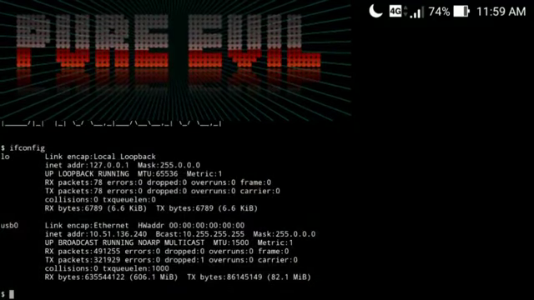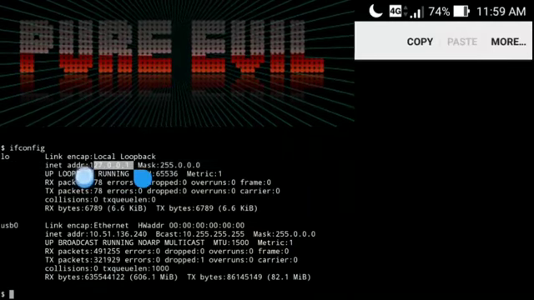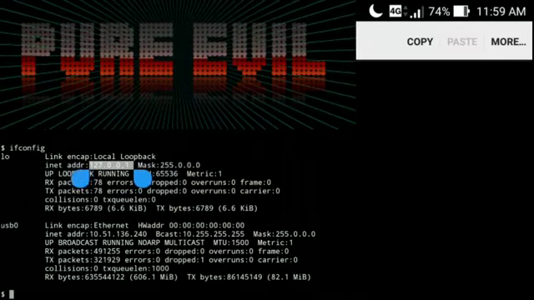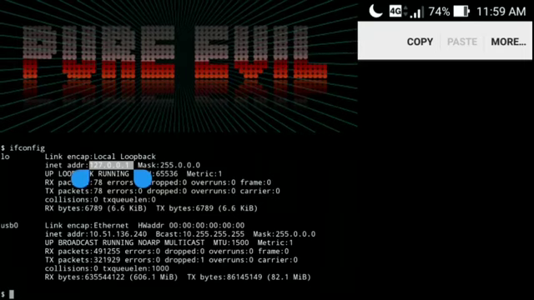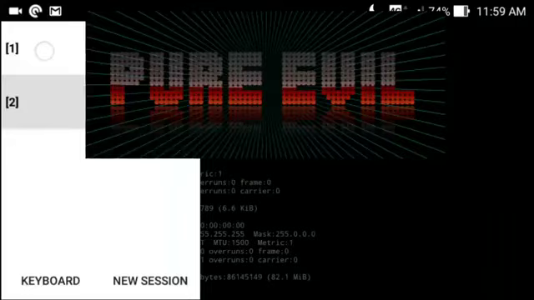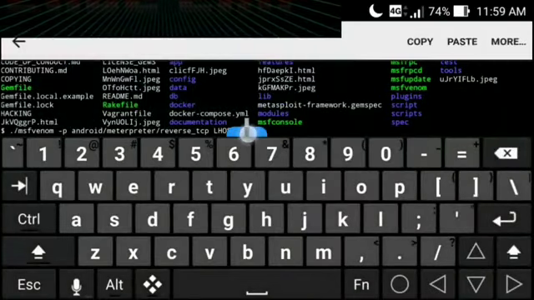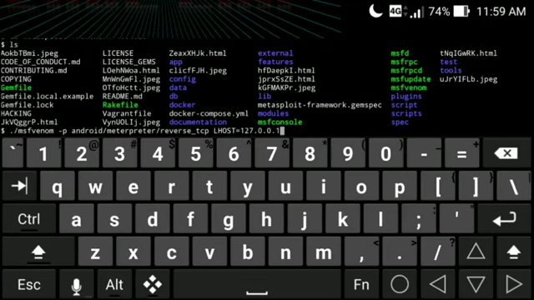Now you can see here is the inet address. So you need to copy this particular address. Just simply click on the copy, and now go back to the previous terminal, and you simply need to paste that copied text